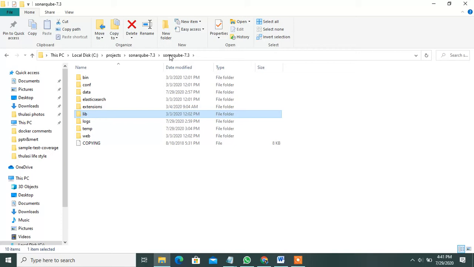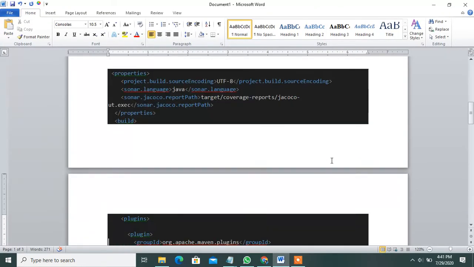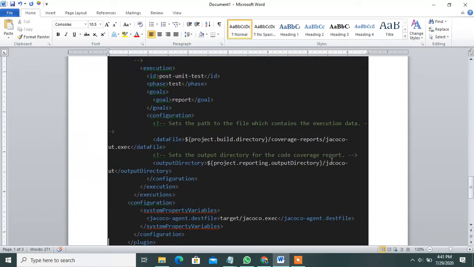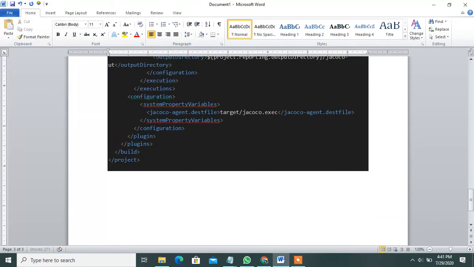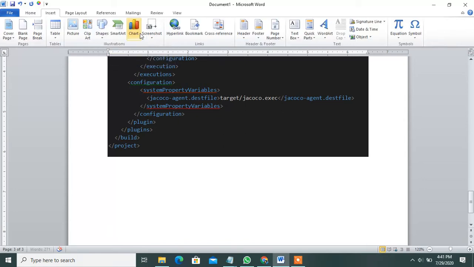That is a different section. Today I will use only the local machine server. I will show the installation process, and how to deploy your WAR file, JAR file, and one project to the SonarQube server today.